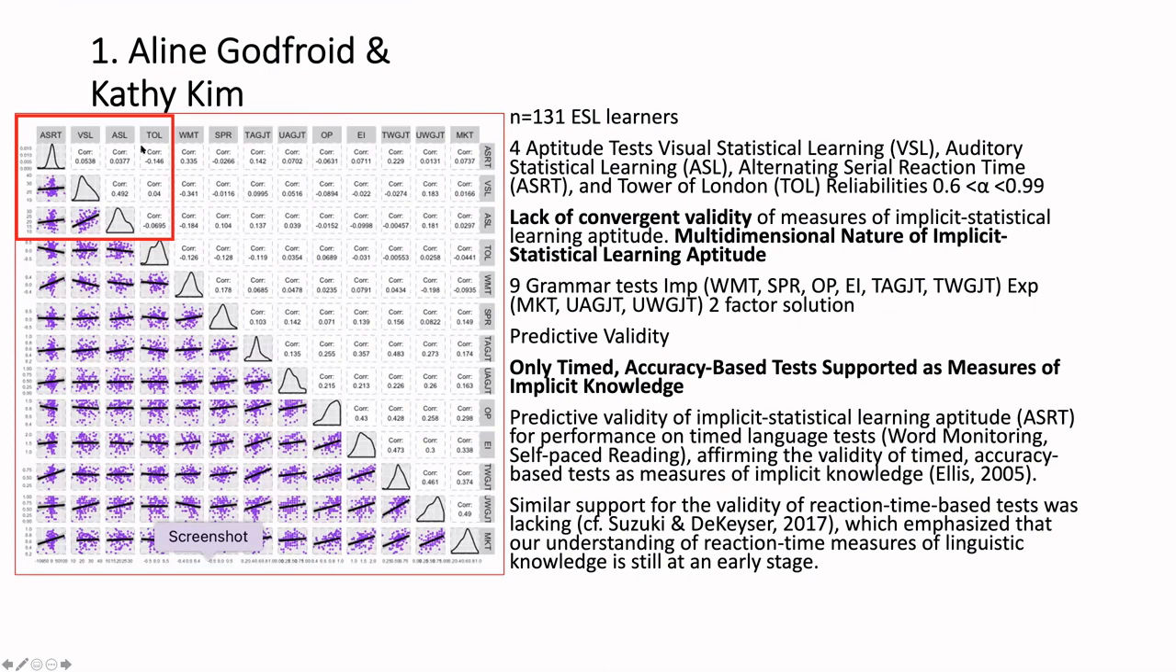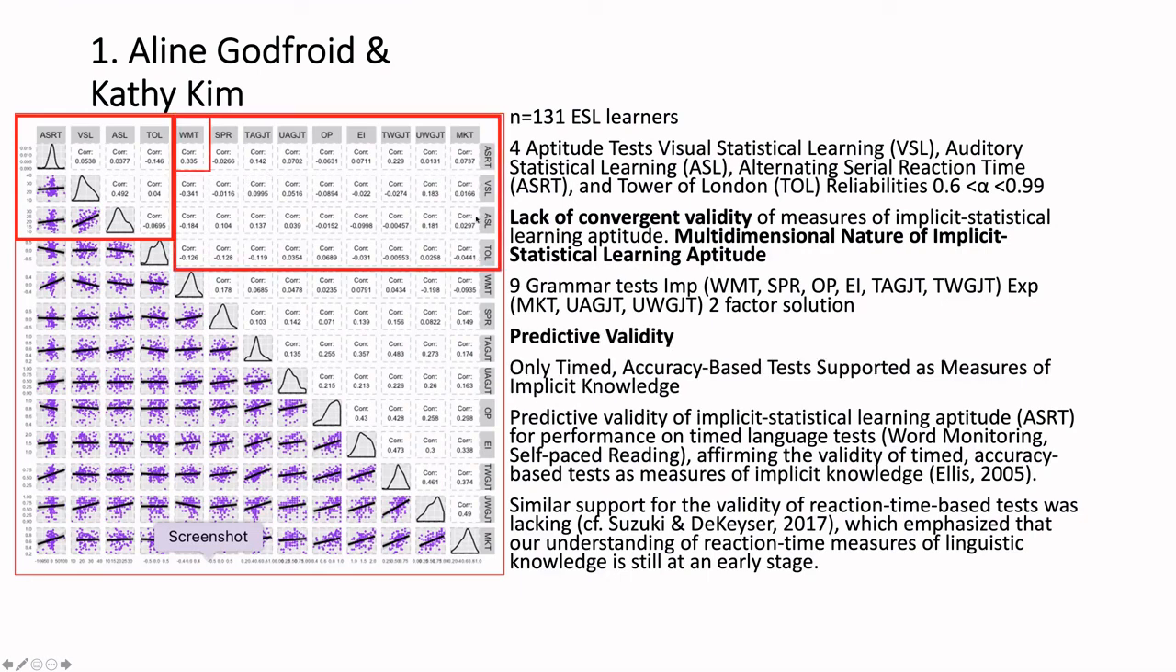The next question was, do these implicit learning aptitudes predict language knowledge, either explicit language knowledge or particularly implicit language knowledge? And they had a wide variety of implicit knowledge tests. So do these 4 implicit aptitudes predict implicit knowledge? And on the whole, they do not. Again, we have a correlation matrix filled with zeros. The only